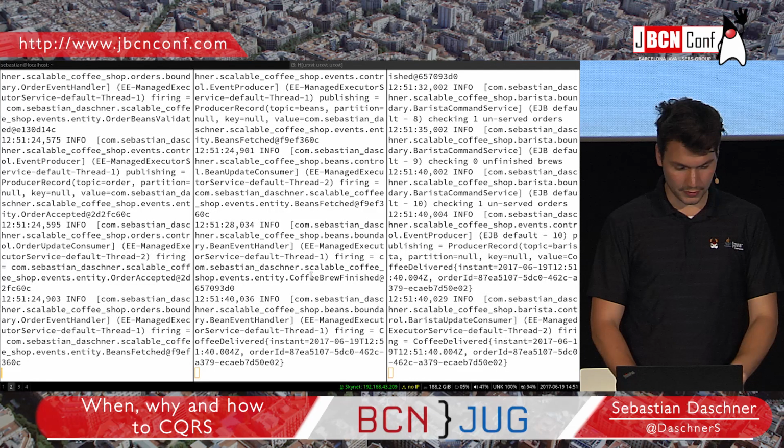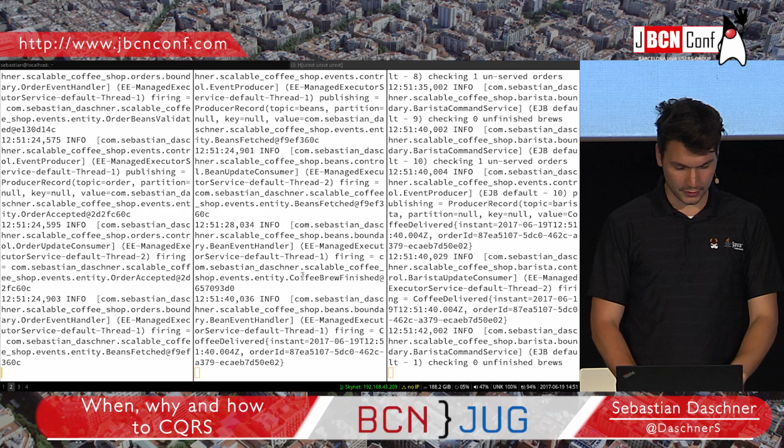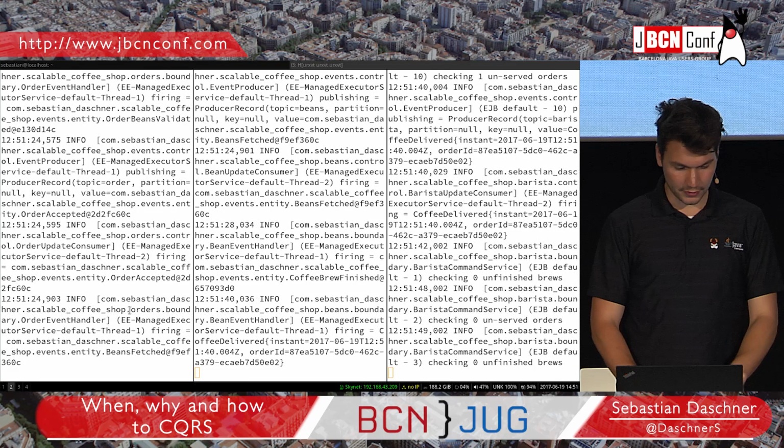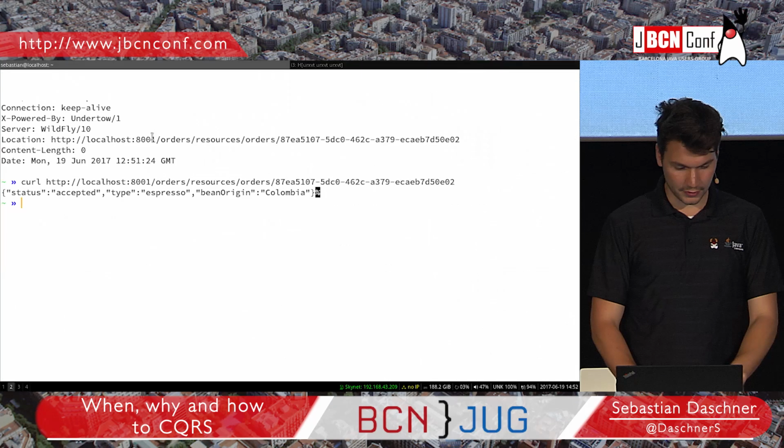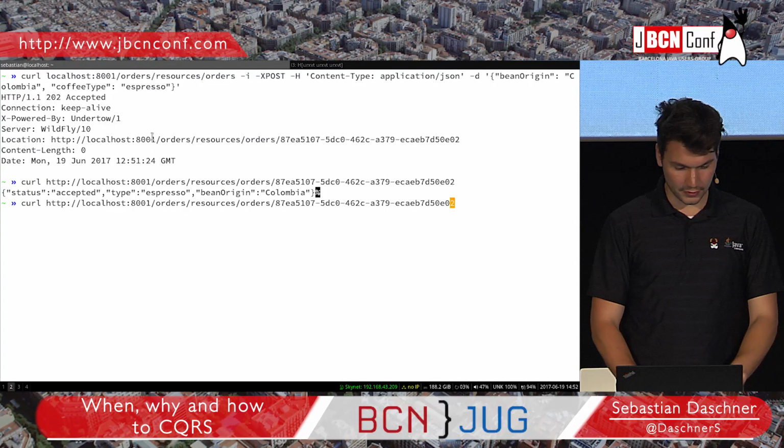Why is it accepted? Because placed would be the first status, and then accepted because it will tell us here, beans order accepted, and somewhere else, yeah, order beans validated. So the second system, the beans system, will now say we have enough beans and fire that. And basically what happens afterwards,